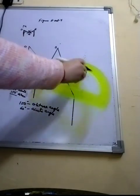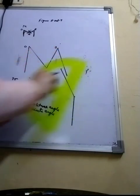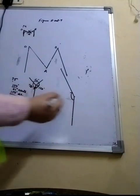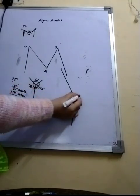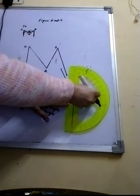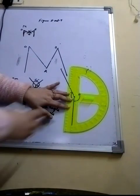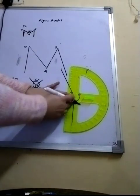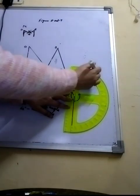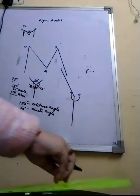You cannot keep it like this, otherwise the rotation would be, yeah, so here the rotation is like this, and here the rotation should be anti-clockwise. So anti-clockwise rotation means you have to keep the protractor down, 0 line over the bottom line, and go till 150. So you get the point here